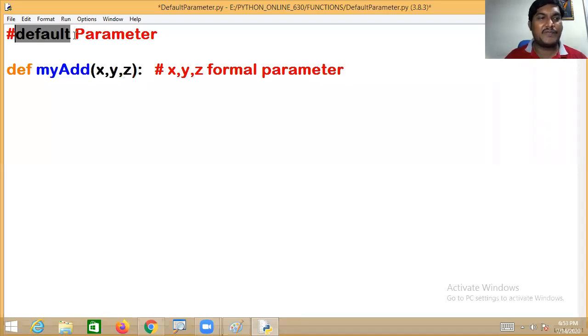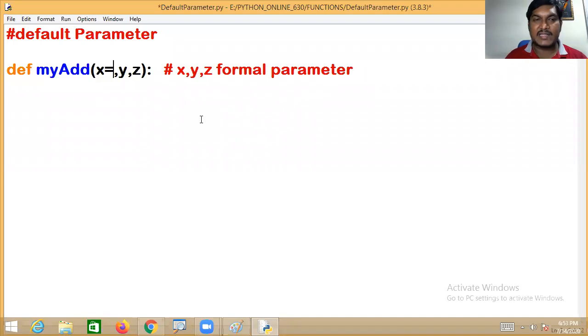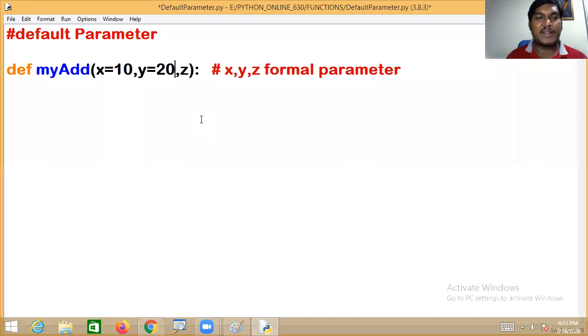Sir, what is the default parameter? Default parameter is the process of defining the formal parameters with some value.